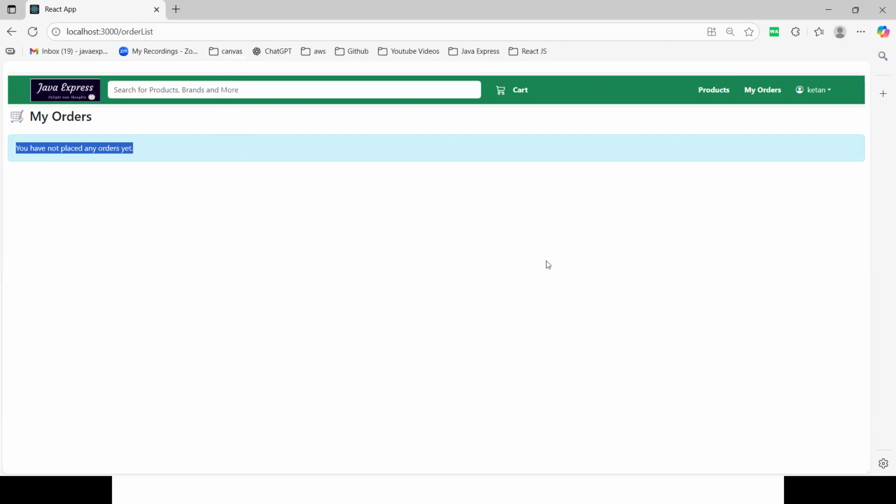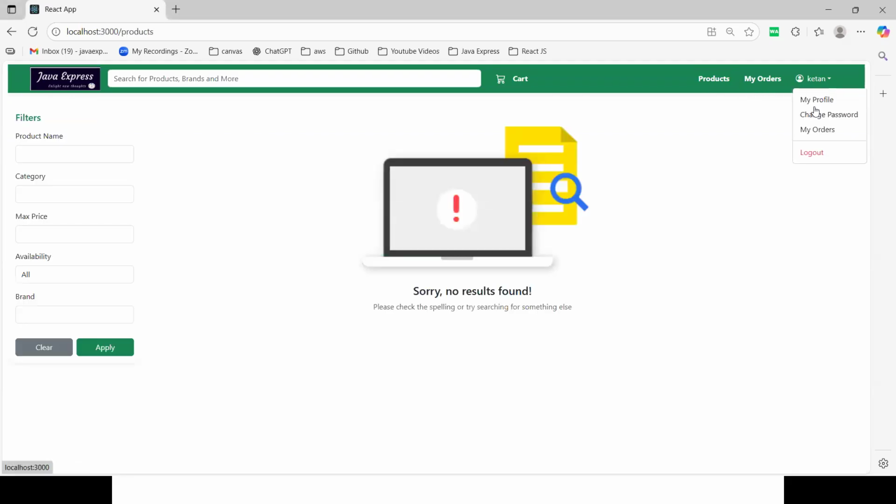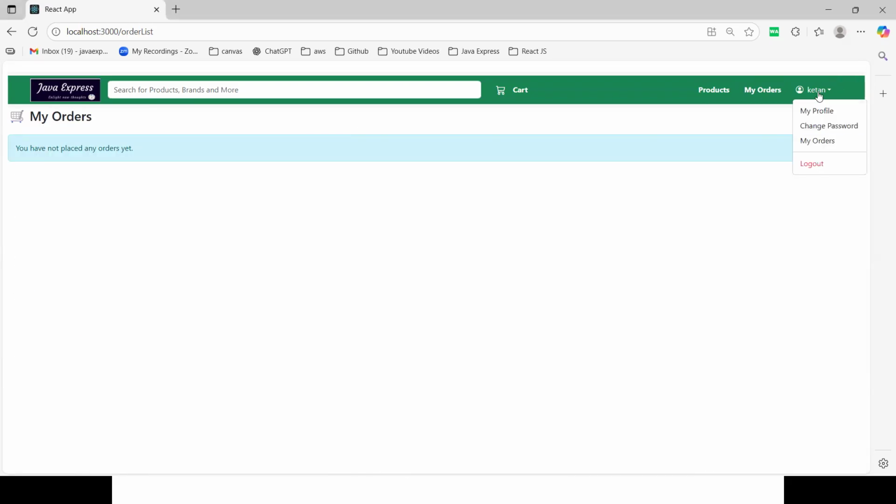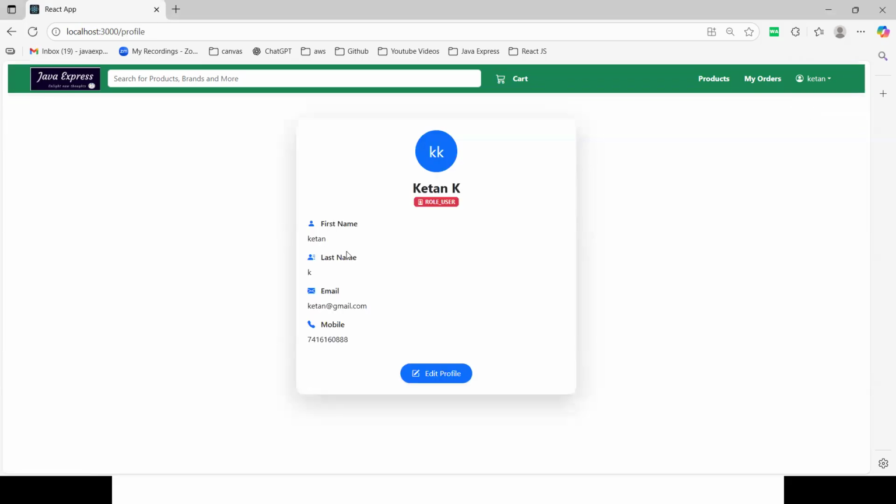You haven't placed any order yet. I think it is taking time, my order microservice. Order get by order status. Same thing. Yeah, I think it is taking time to fetch the data from there.